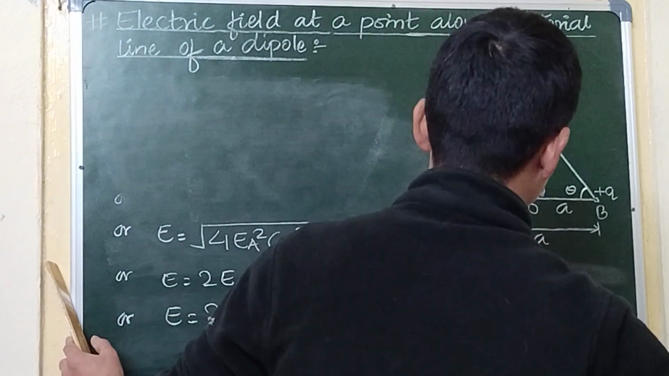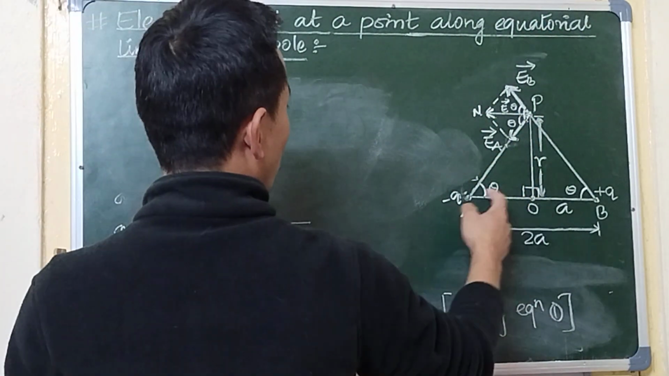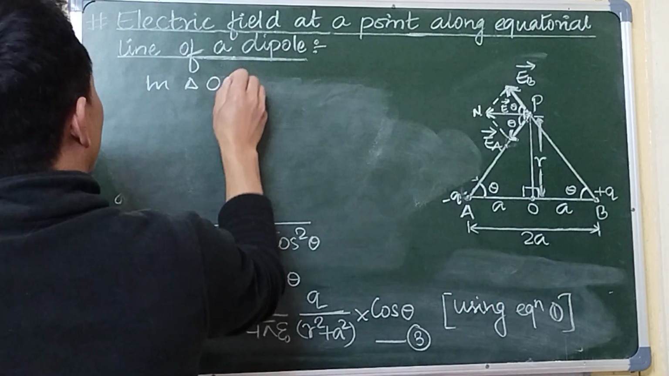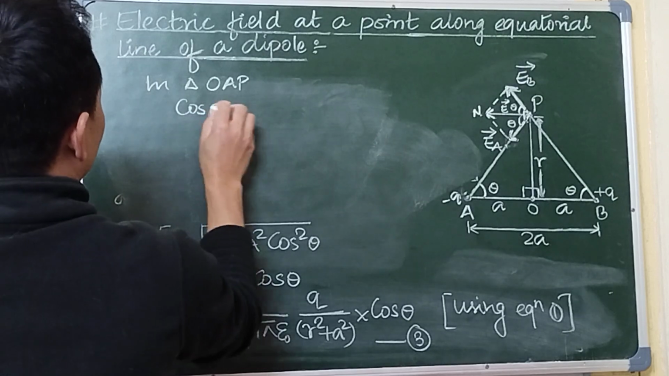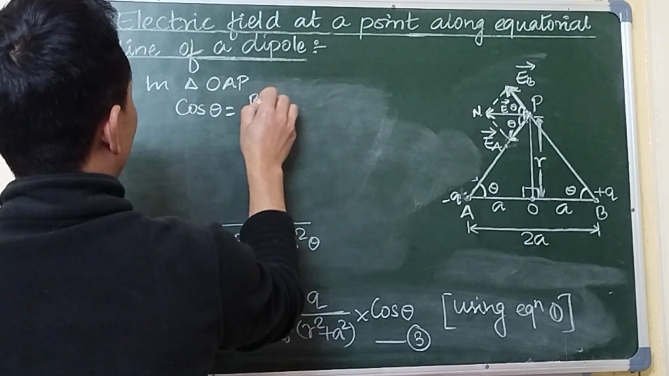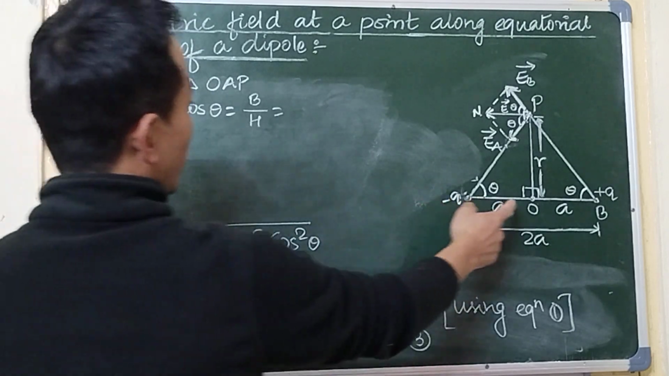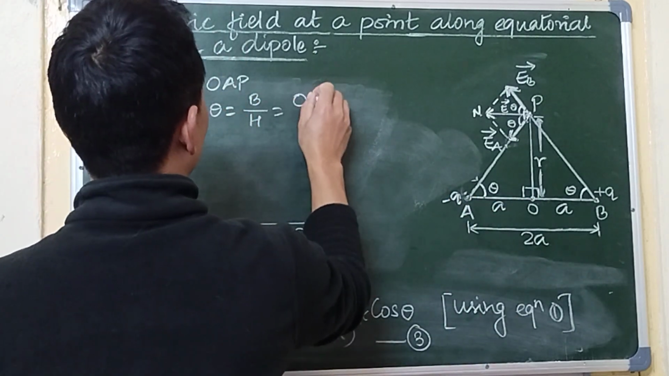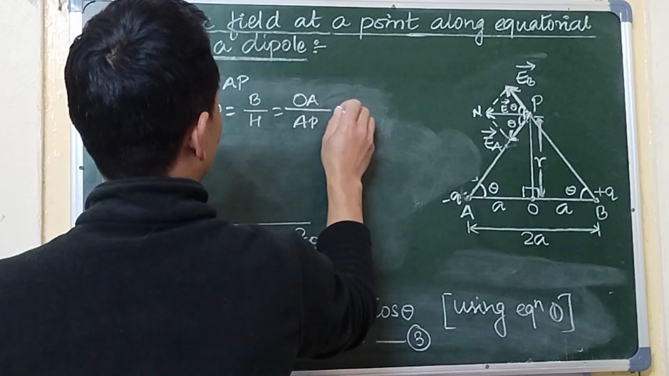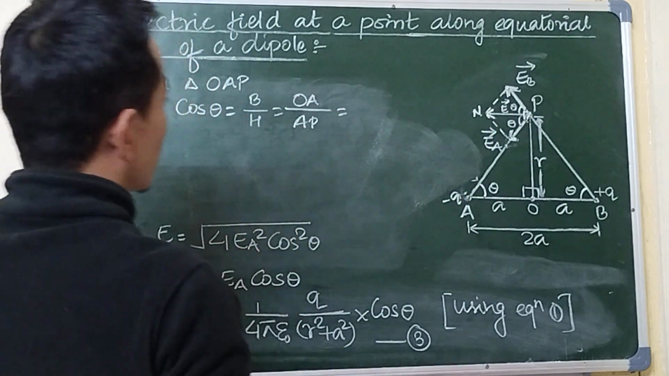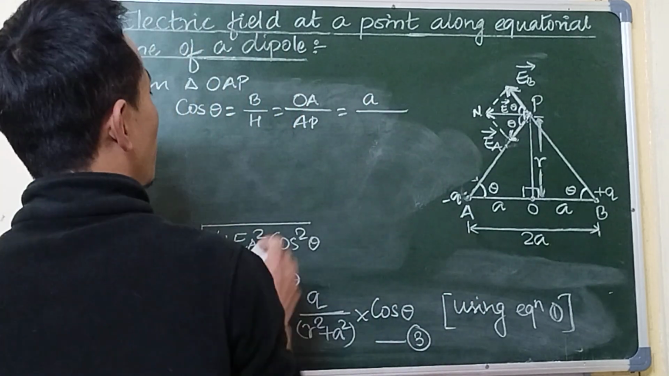So for that, what we will do is we will take the triangle OAP. If you take this triangle OAP and find cos of theta here, we know cos is base upon hypotenuse. So in this triangle, the base is OA and the hypotenuse is the longest side, which is AP here. Now from the diagram, the value of OA is nothing but A, and the value of AP we will get